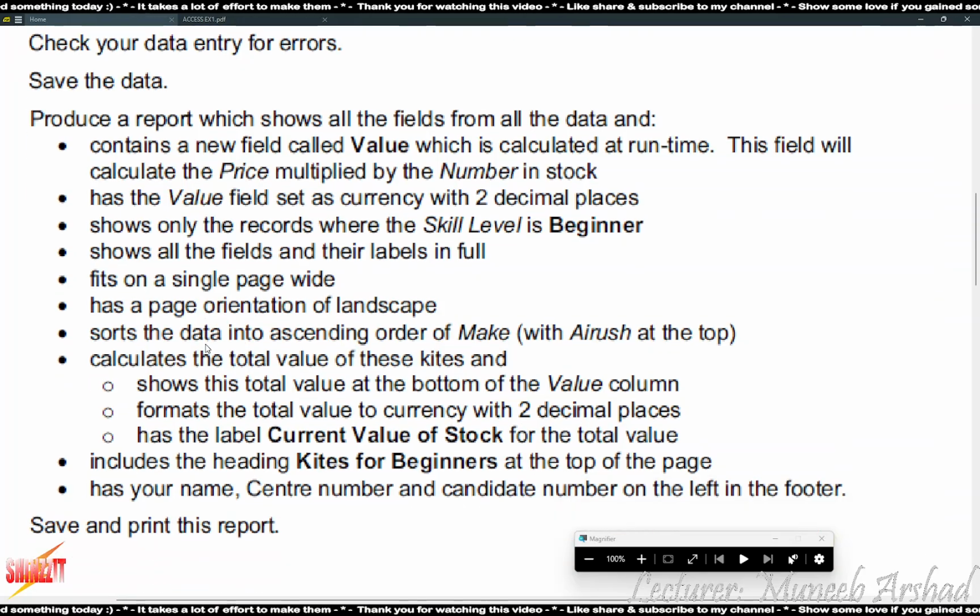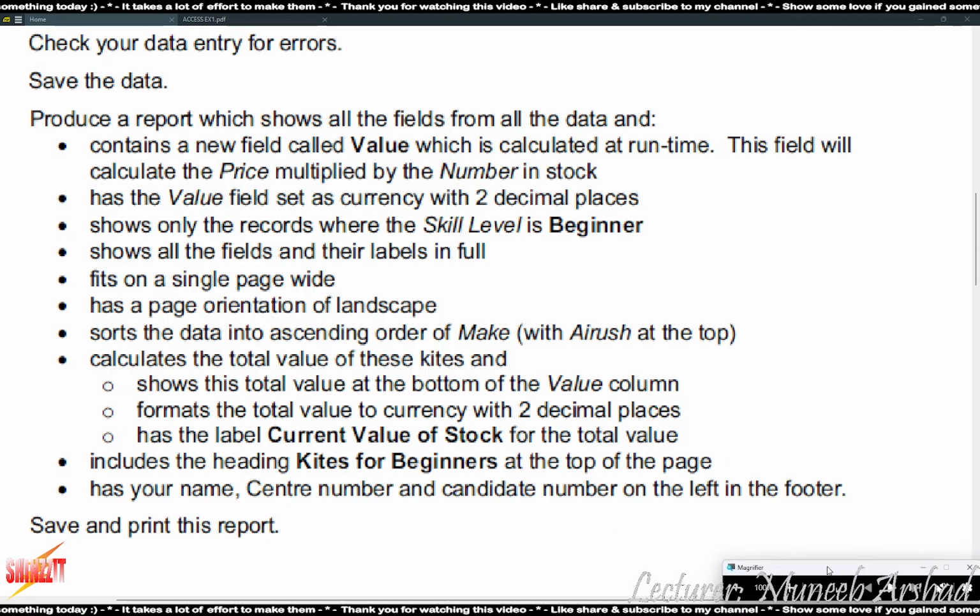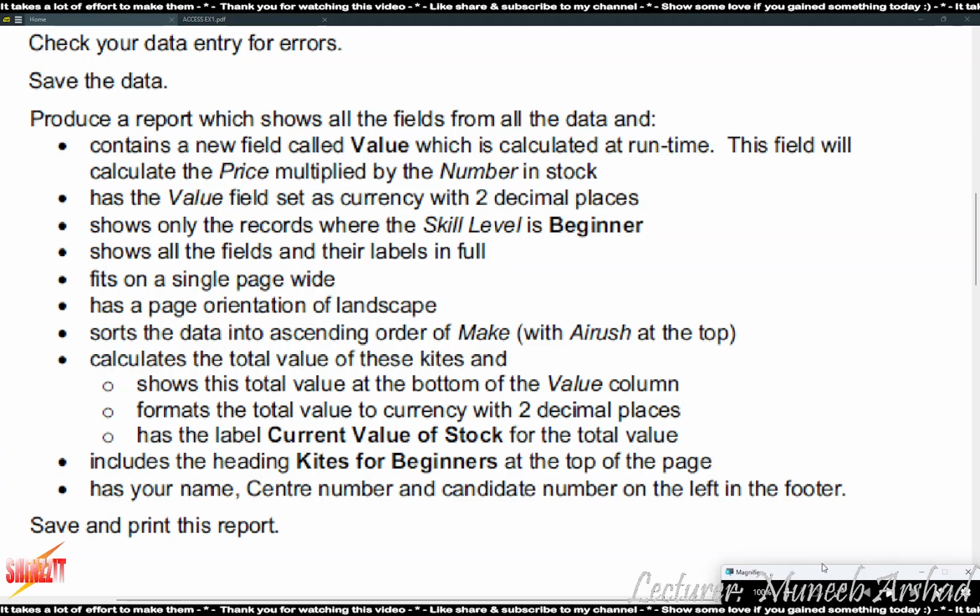Now, produce a report. This is the agenda for today's class. The workflow of building the report and being accurate also. So when you're doing the Access module, you'll come across objects like forms, objects like reports, objects like cross-tab queries. Whichever object you have to build, it has to start from the queries.